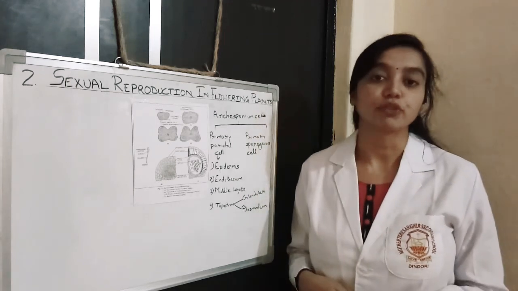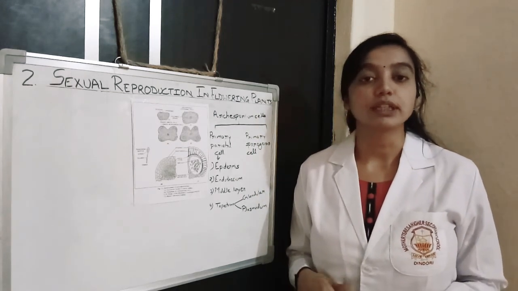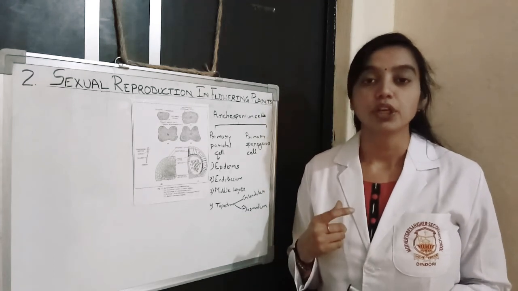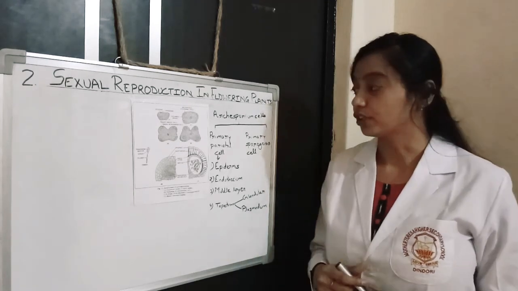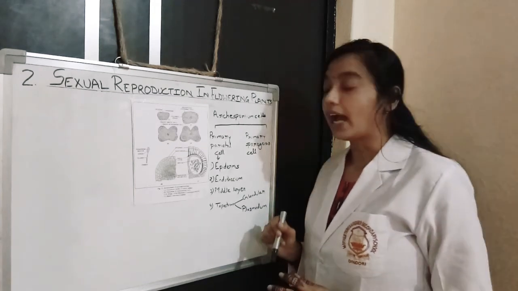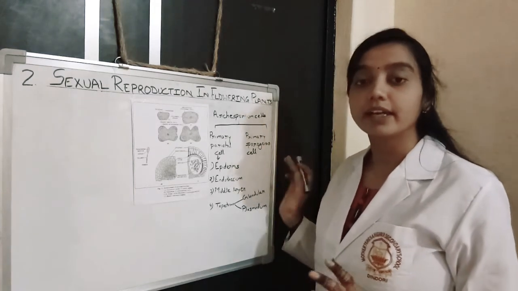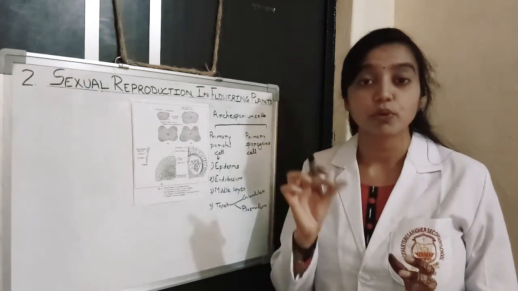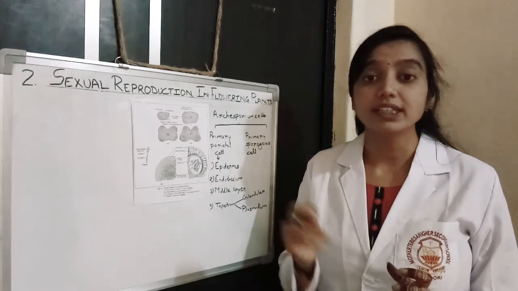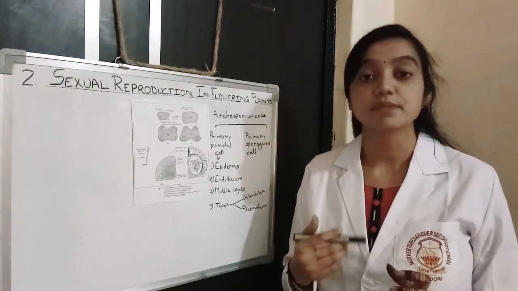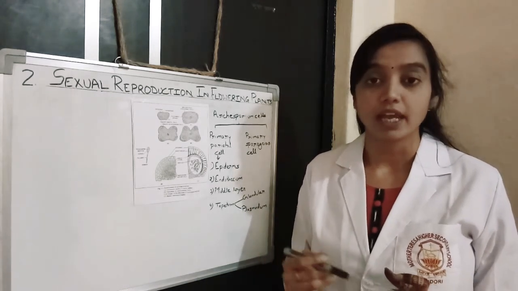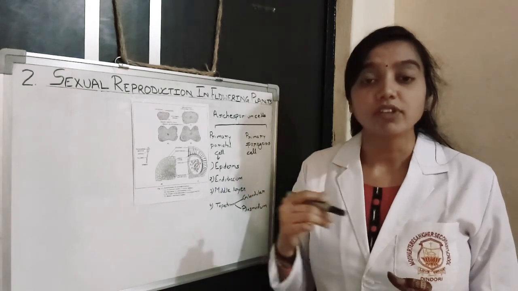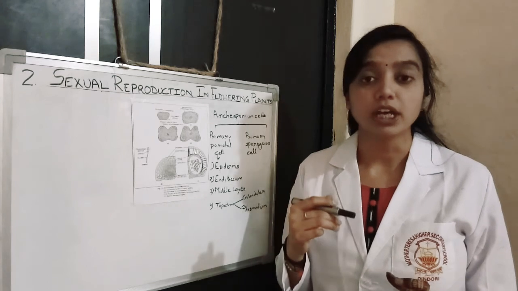In the previous lecture video, I told you the structure of the flower, and I have already explained the stamen and its structure. In the stamen, I told you that sporangia are present. So how are these sporangia, as well as microsporangia, forming? Let's study the process of development of microsporangia.